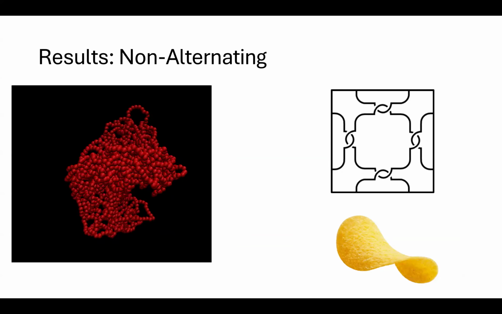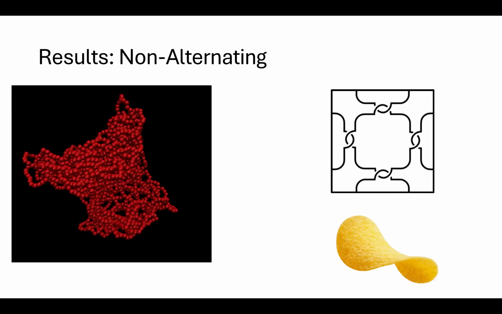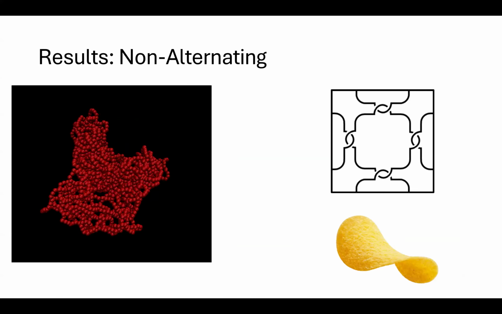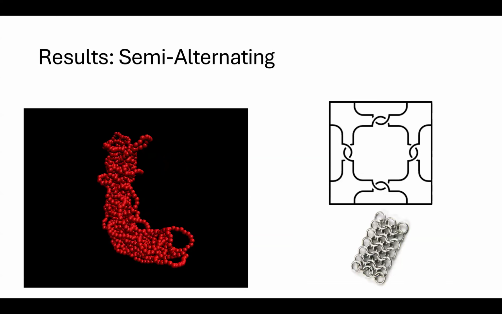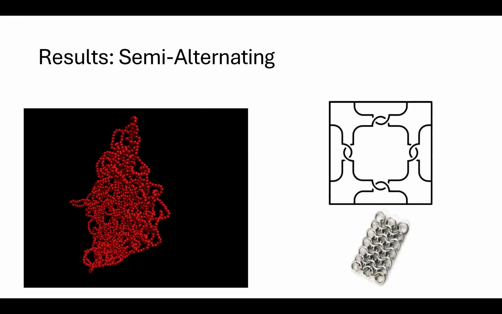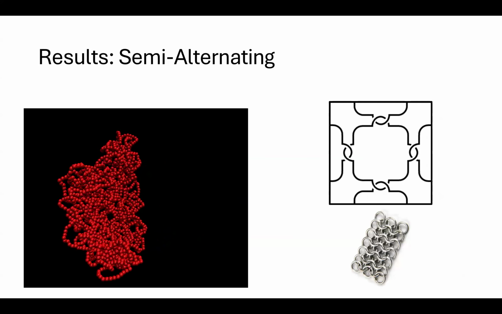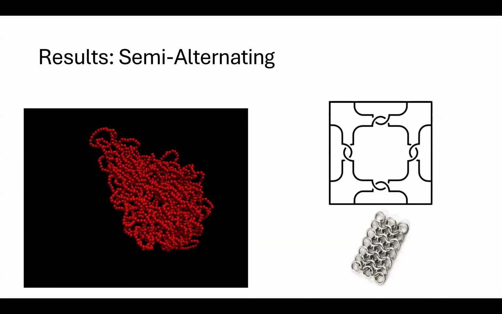If you have the over, over, under, under chirality, you get negative Gaussian curvature, so more of a saddle or Pringle-shaped network. And if you have the semi-alternating one, you get a network with 0 or approximately 0 Gaussian curvature. And this is the one that's used in actual armor. And that's good because if you put on your suit of armor and your chainmail has negative Gaussian curvature, that's not good. You just want that in your saddle. So I guess the main result here is that the chirality dictates the Gaussian curvature.